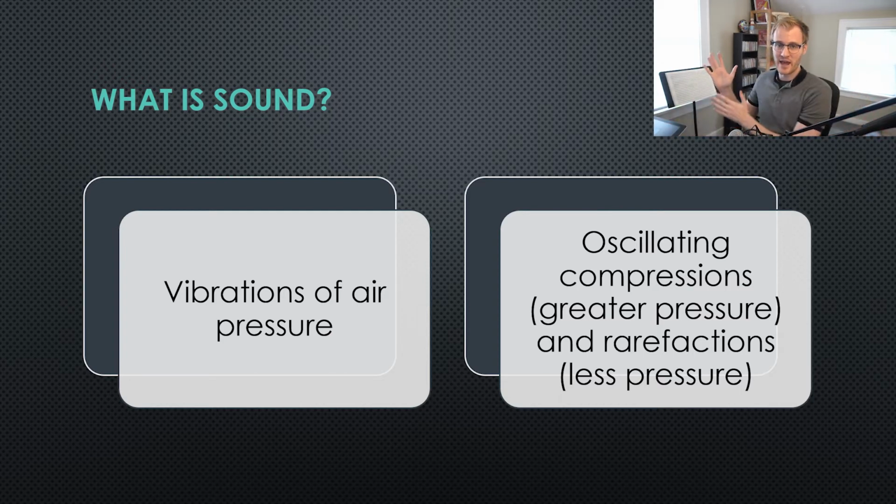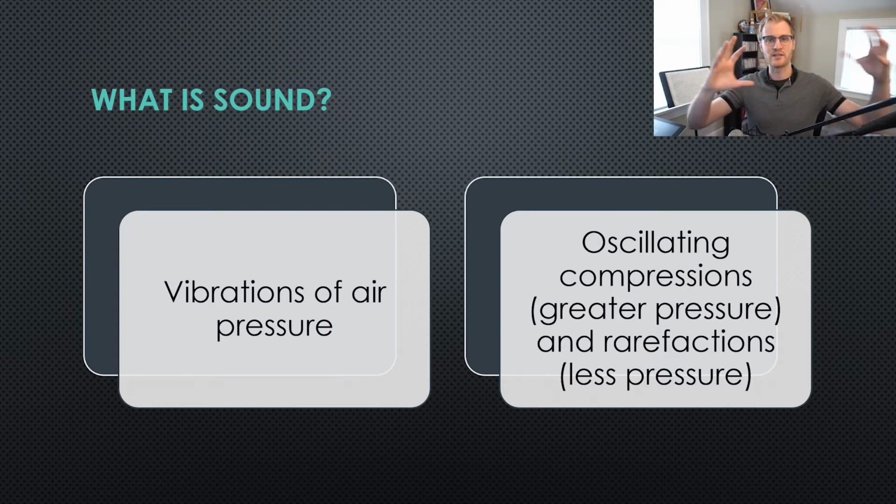So for example, if I clap my hands, I'll just do a single clap. What lets us hear that as sound is that the air molecules near my hands smushed together when I smashed my hands together, and then they very quickly rarefact back outward, and that's what lets us get that wave through the air that we perceive as sound. If we do a continuous tone, like a violin playing a sound or a synthesizer holding a sustained pitch, rather than just a single compression and rarefaction, it's constant. The sound is smushing together and moving back out. Smush, expand, smush, expand. That's really what sound at the end of the day is. It's these air molecules that are all around us, smushing together and moving back outward.